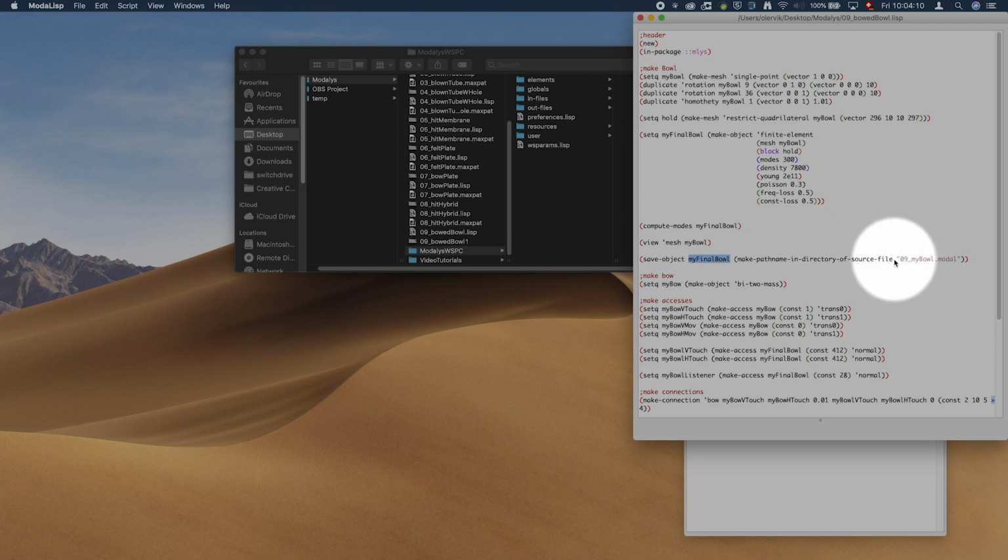And I found that in a video, I screenshot it: make path name in directory of source file. I have not found that in any documentation. I would be very, very thankful if somebody out there could put out a list of these kinds of command lines, because they are super practical to have. And then you put in the name. So that's my name, and it has to be .modal. So it's a modal file you are